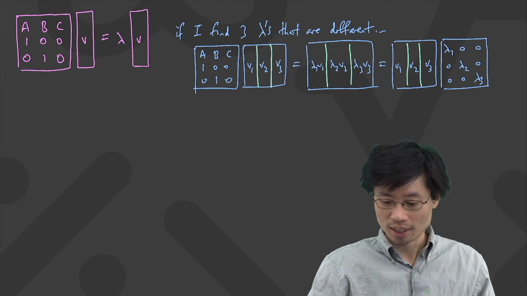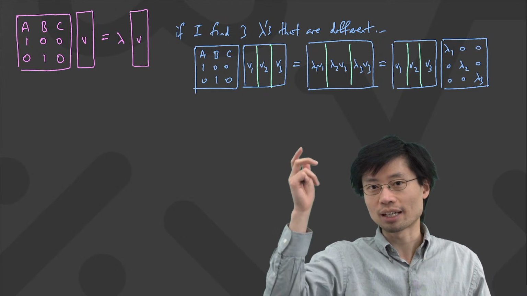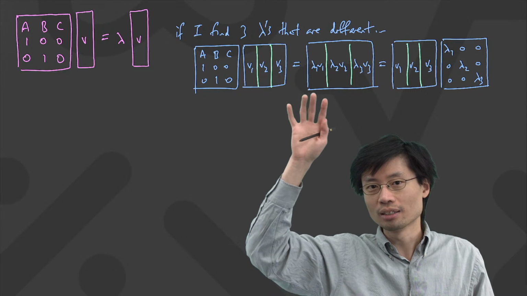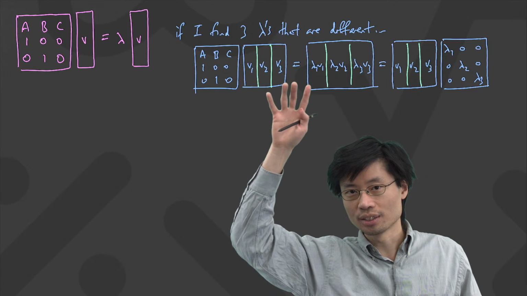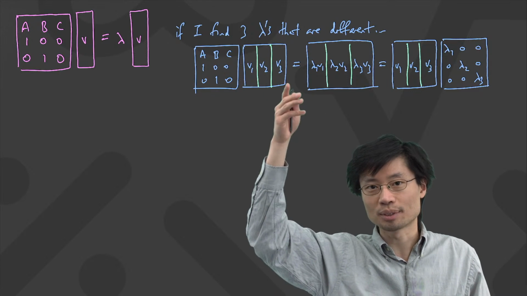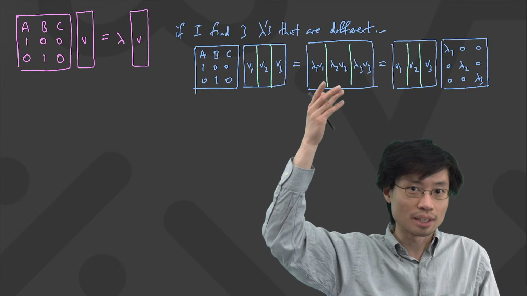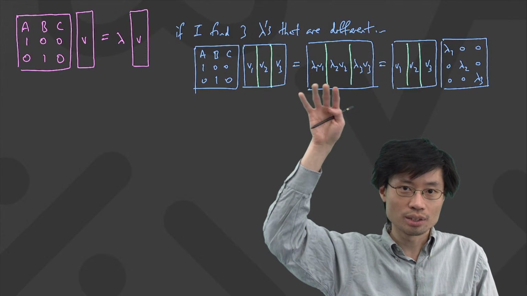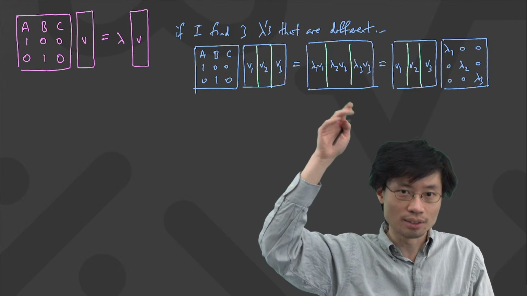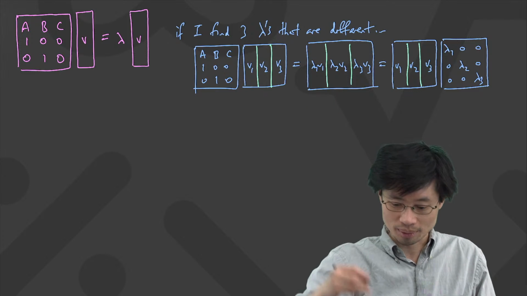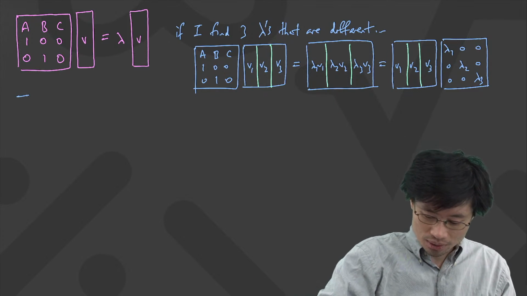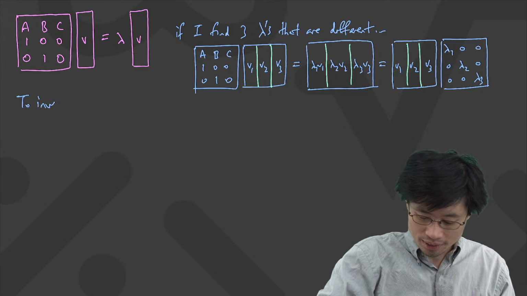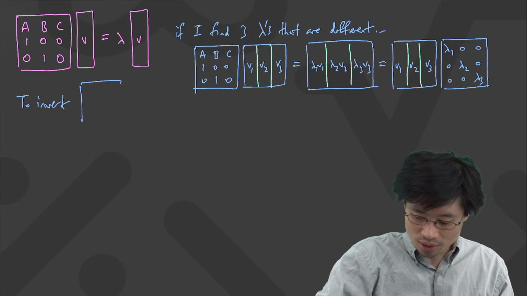The next step is, in order to know that I can invert this, there's one fact from linear algebra that says, as long as I can show there's no linear combination, no way to take a constant times the first one plus a constant times the second one plus a constant times the third one, as long as I can show there's no linear combination of these that's 0, then it's invertible. So let me write that next. To invert the V1, V2, V3,